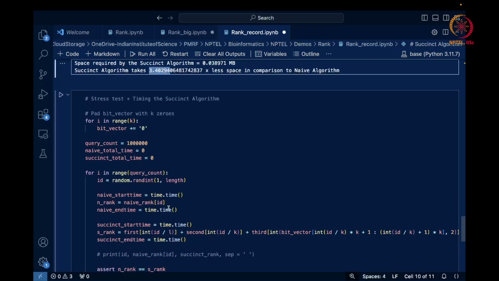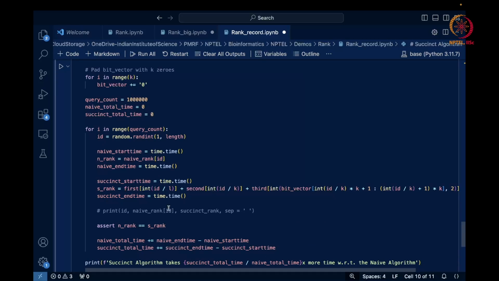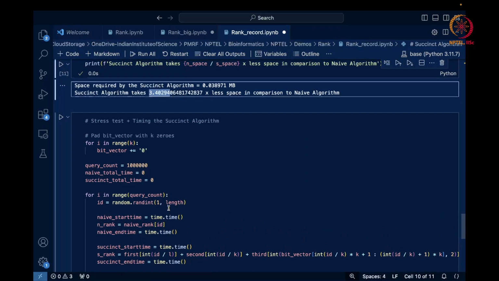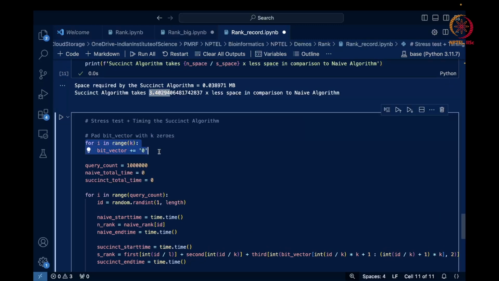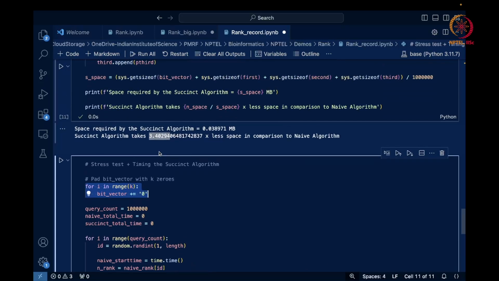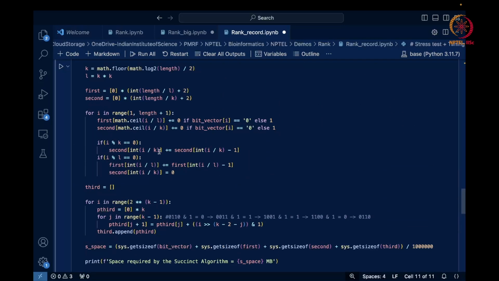So, finally, we will be comparing the output of the naive and the succinct implementation and checking whether our implementation is correct or not. I have already pre-coded the stress test here. What I am doing is appending some extra zeros towards the end of my bit vector. That is done in order to ensure that when I query the result from the third array,